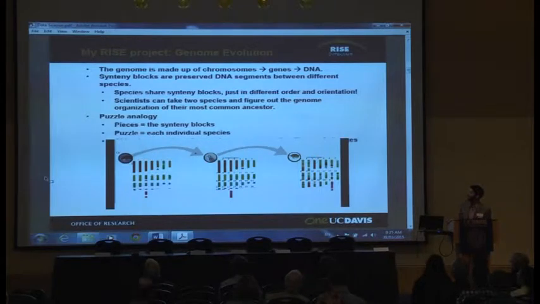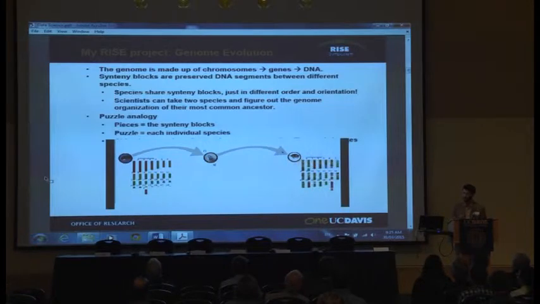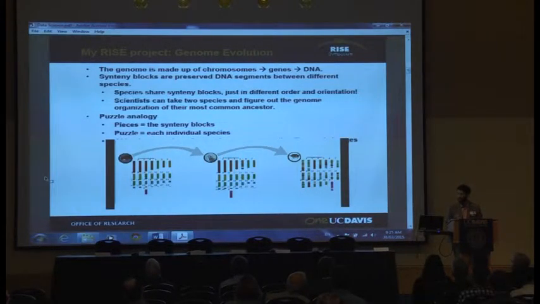My particular RISE project has to do with genomic evolution, and this is also Dr. Lewin's project. He's done a lot of the background research, which is this slide here. Just to introduce the topic, humans have a genome in our cells, and it's made up of chromosomes, which are made up of genes, which are made up of the actual DNA base pairs. An interesting feature is something called a synteny block, which is a preserved DNA fragment, chunk, or segment between different species. All eukaryotes, mammals, humans, cats, dogs, we all have segments of DNA that are the same. They've been preserved over time. They're just rearranged in different combinations. They've been split, transposed, flipped,